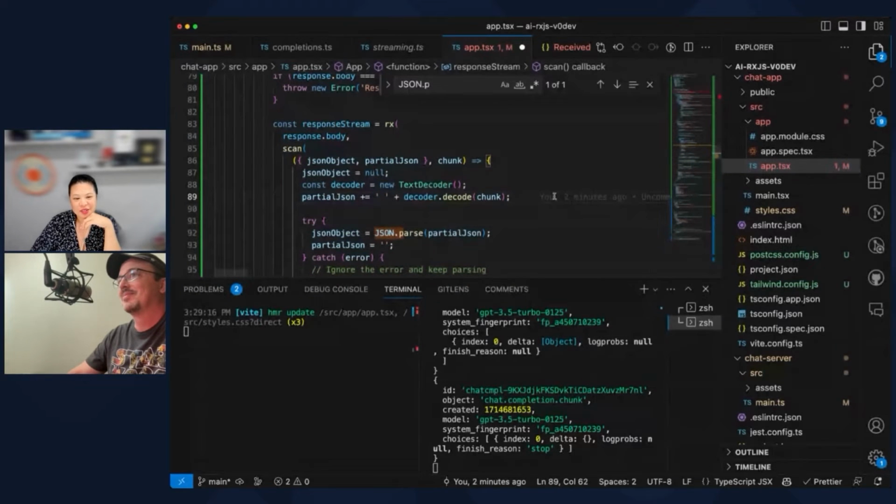To be continued. And just to explain this, the response we're getting back is JSON, but it's like an endless stream of JSON, where you get a chunk of the string, and then a chunk of the string, and then eventually you get to the end of the JSON.